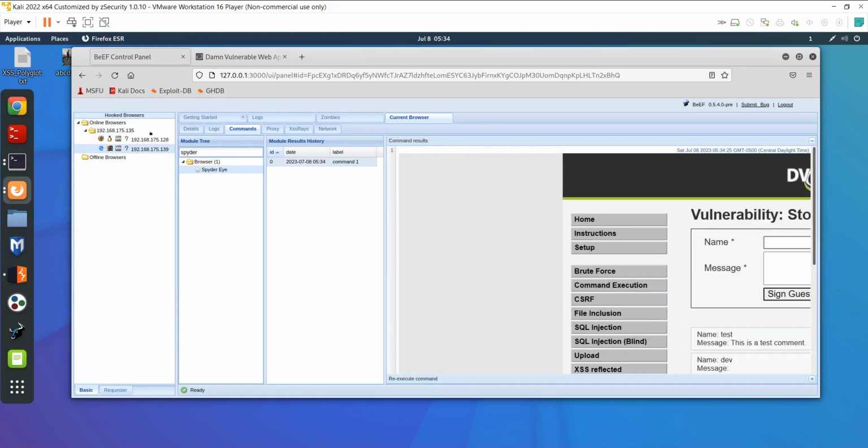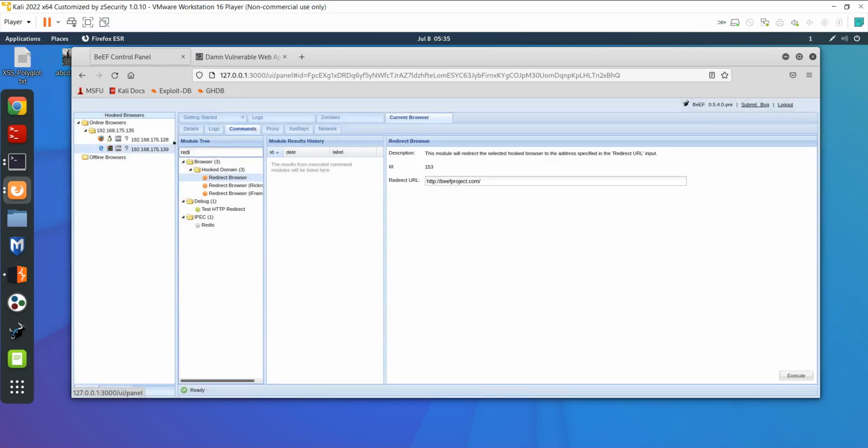Okay, and same as you can use, if you type redirect, yeah, this is the redirect browser, so you can give the redirect URL here. So from here, if you execute that, the user will be redirected from their location to this URL. So you can also do that. And there are other things,